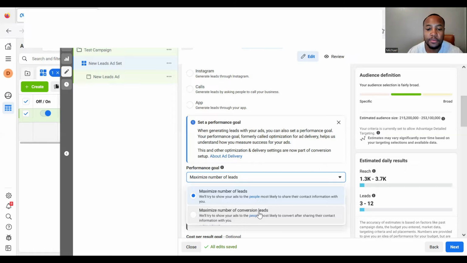But in this example, here's one or two things you can test. This is new. I haven't seen performance goal, so this is pretty cool. I'm going to test this myself. Basically, I would create two ad sets, and in one of them, I would have maximize number of leads, and in the other one, maximize number of conversion leads, and I would create two different lead forms, which I'll show you how we make them. And then from the two different lead forms that we have, I'm going to test which